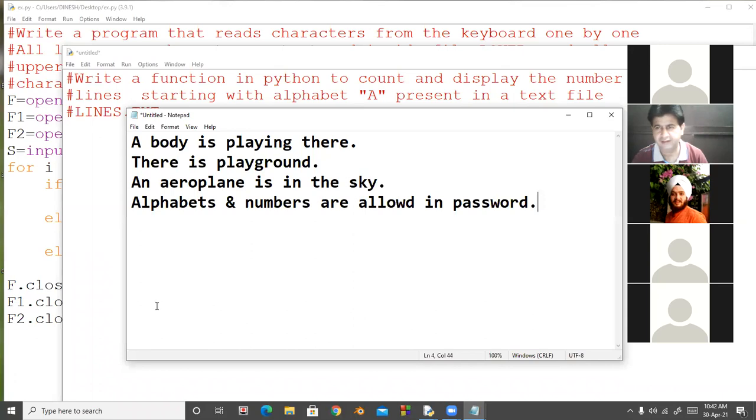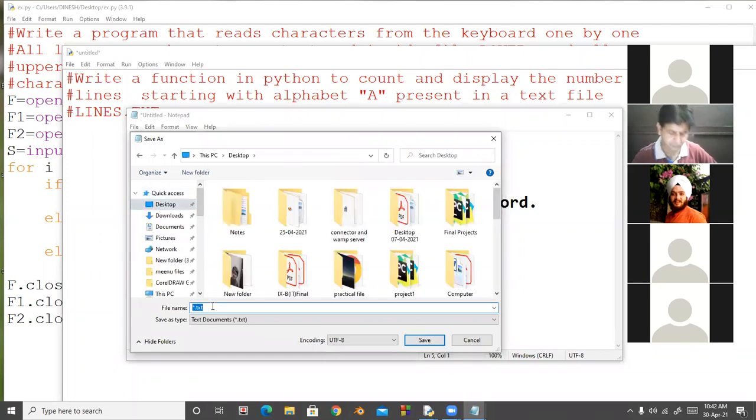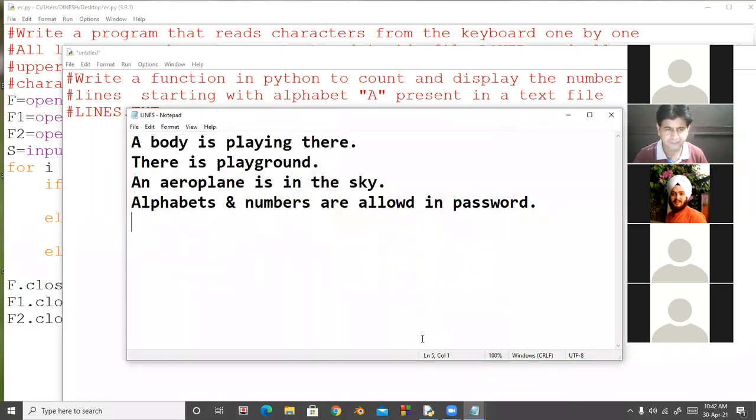Okay, students, in this file, 3 lines start with the capital A. So I'm saving this file on the desktop. Name of the file is lines.